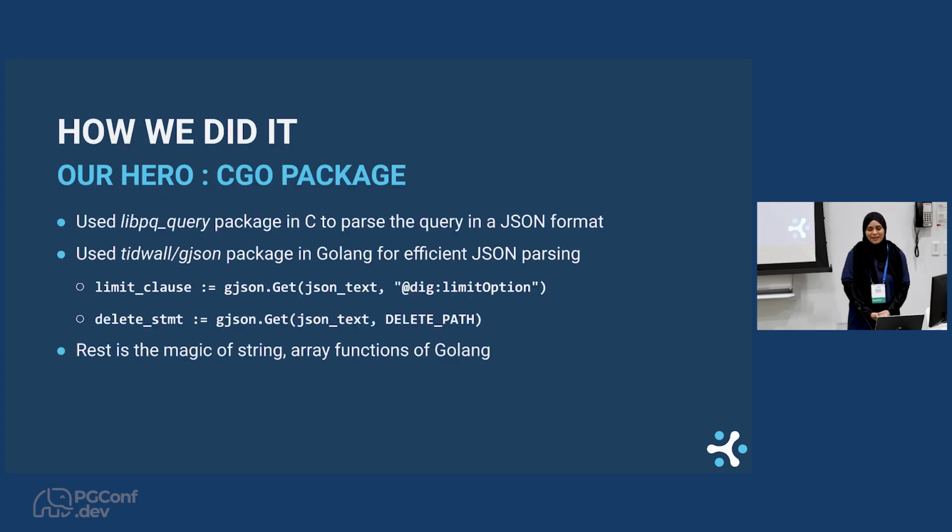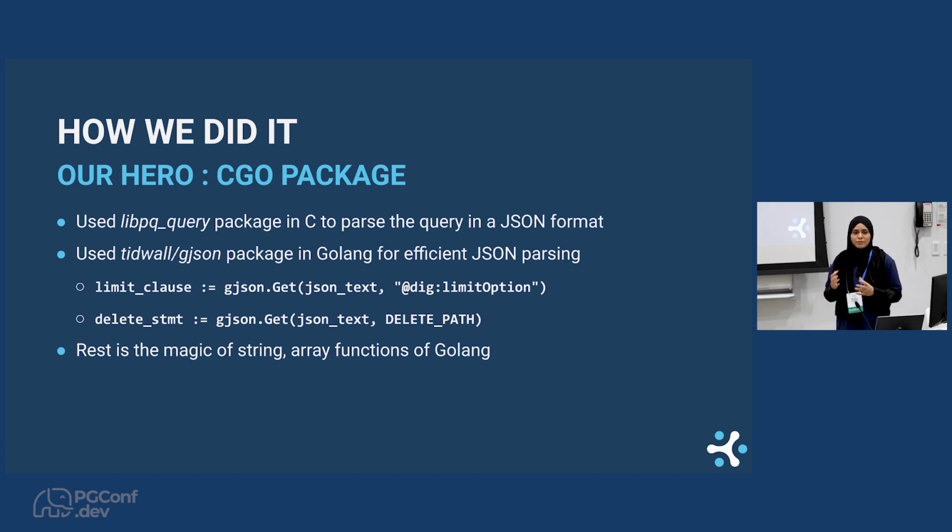The way we did it: the main thing I needed to learn or understand here was the CGo package. It's a package provided by Golang, and it does all the bridge work of making Go code compatible with C code, in the sense that when you call the Go code from C, it is able to understand it. All the bridge work so that code written in Go can be understood by the C callers is done by this CGo package. So that's the primary starting point here.